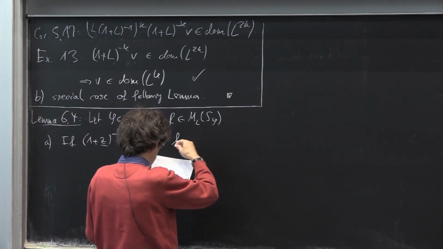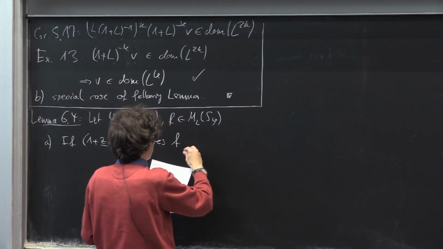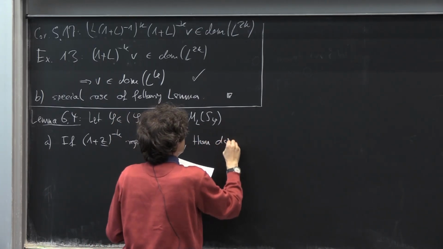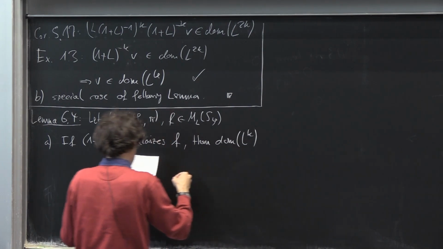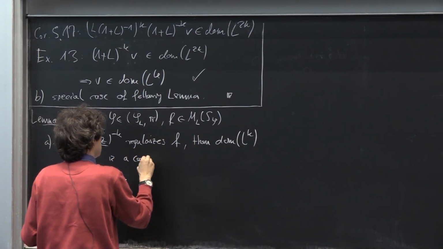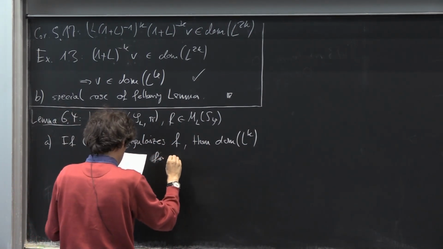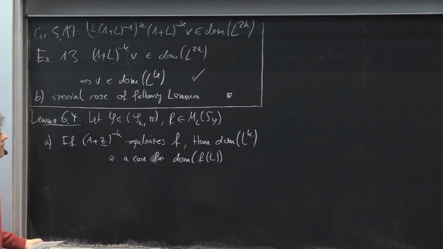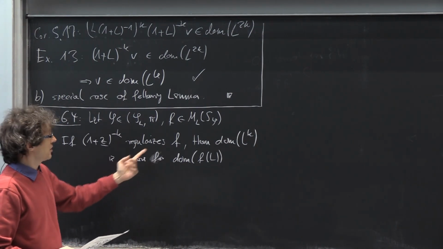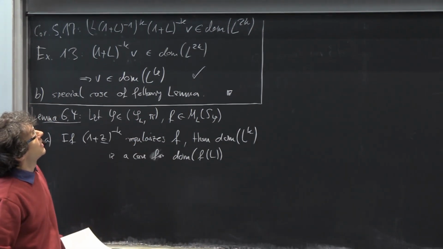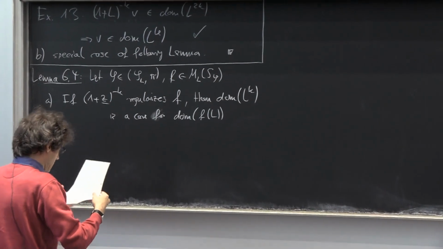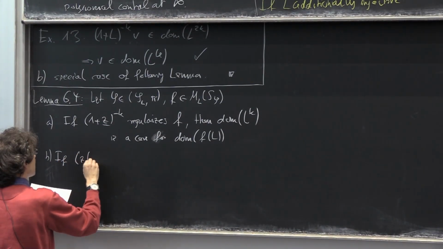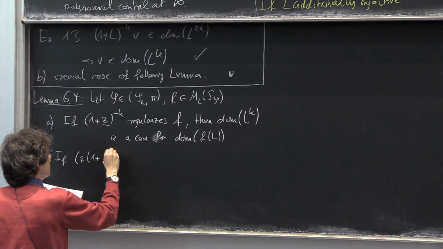So if this function regularizes f, as it does for the fractional power, then always the domain of L to the k is a core for the domain of f of L. And if you take f to be the fractional power function, this is exactly the first claim up there in 6.3b. And secondly, if the thing is injective, or if z over (1 plus z)^2 to the k regularizes f,